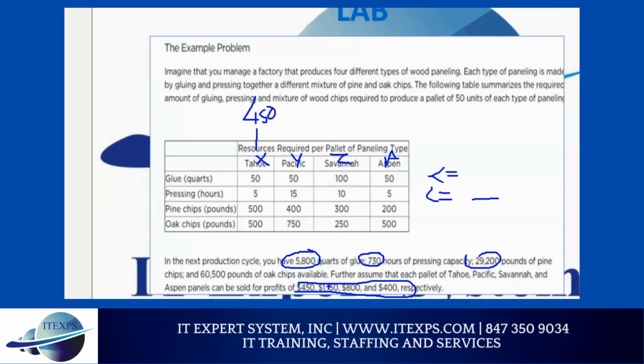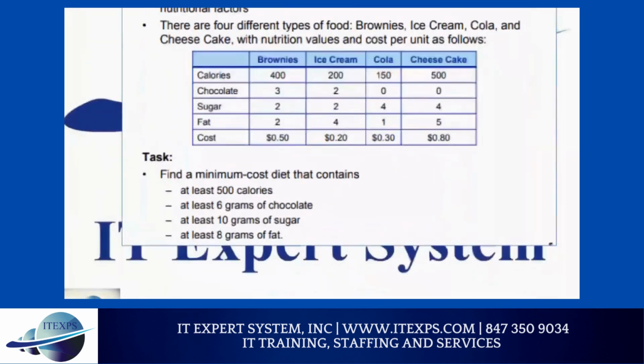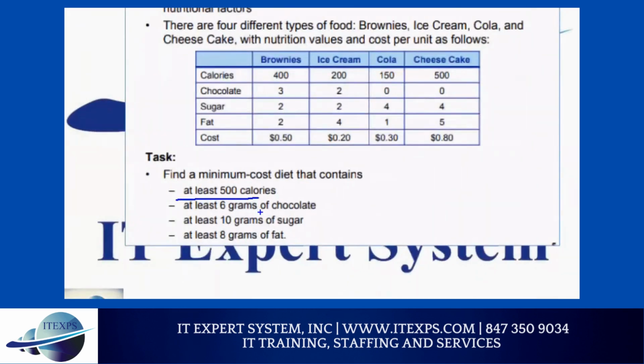Then this one is this, this one is this. When you play around, you will get the answer. And same thing here. When they say at least, it means like this, x1 greater than or equal to 500 calories. So they say find a minimum cost diet that contains minimum cost diet